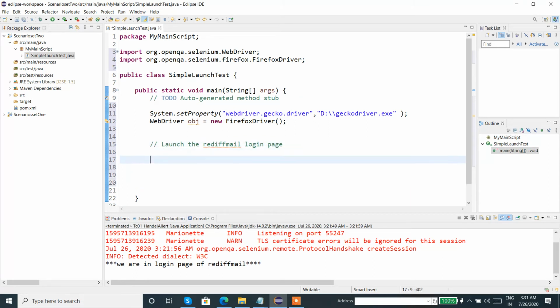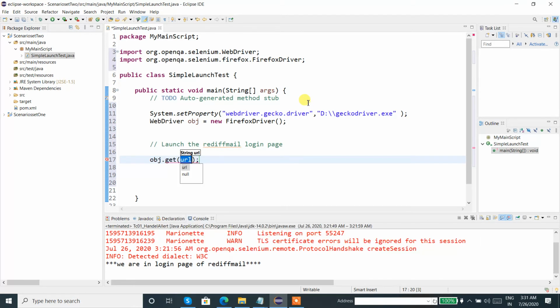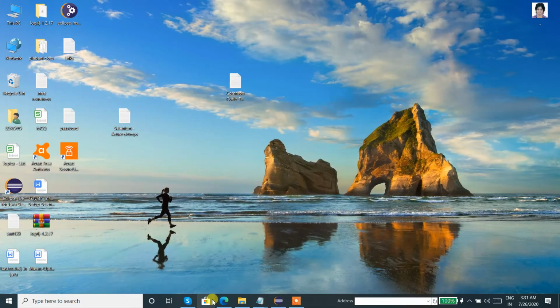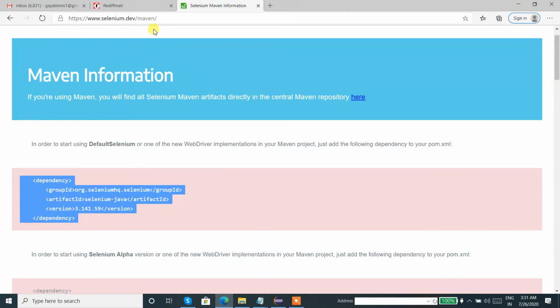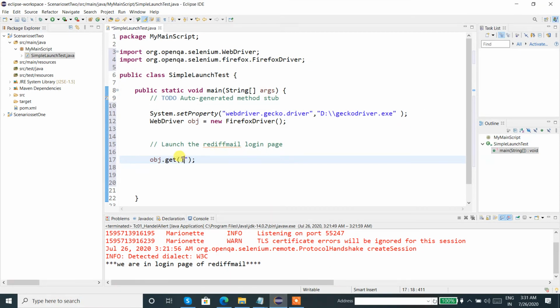Fine. For launching, as usual, we should use the get method, and here it will ask for a URL. I have already opened the application, so let me copy the URL from the application itself.